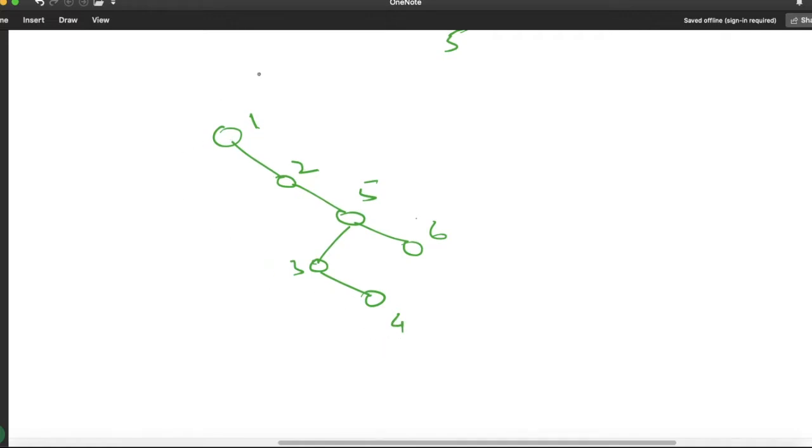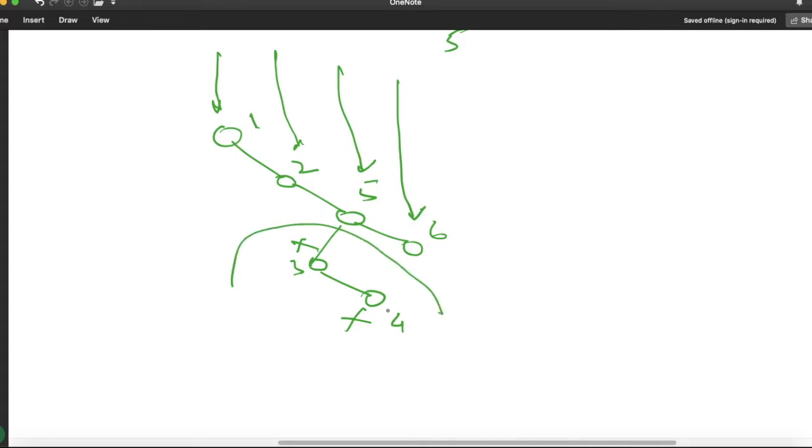Now when we see this tree from the top view, this node will be visible, this one, this one and this one. This node won't be visible, and also this node won't be visible if you see from the top. So these two nodes will be hidden. So our output will be 1, 2, 5, 6.